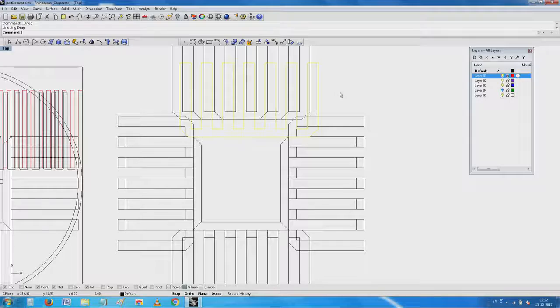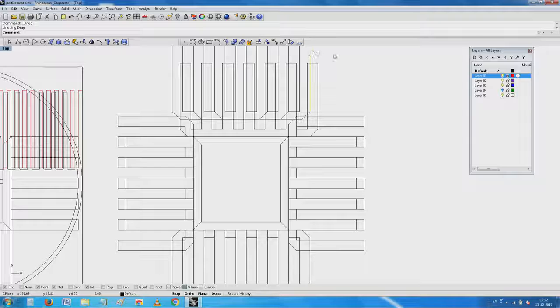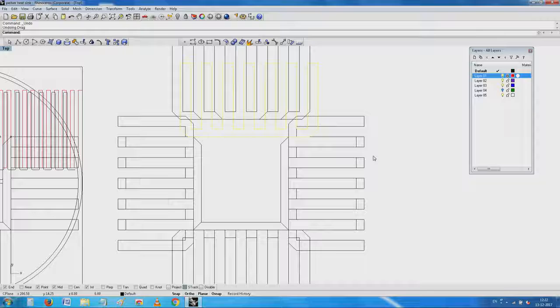So, I will give you an example of what an attempt we are trying to make here is.